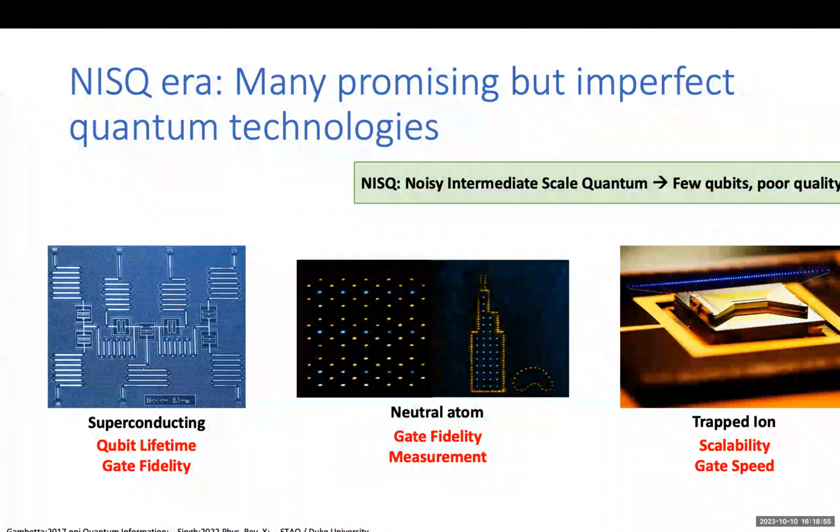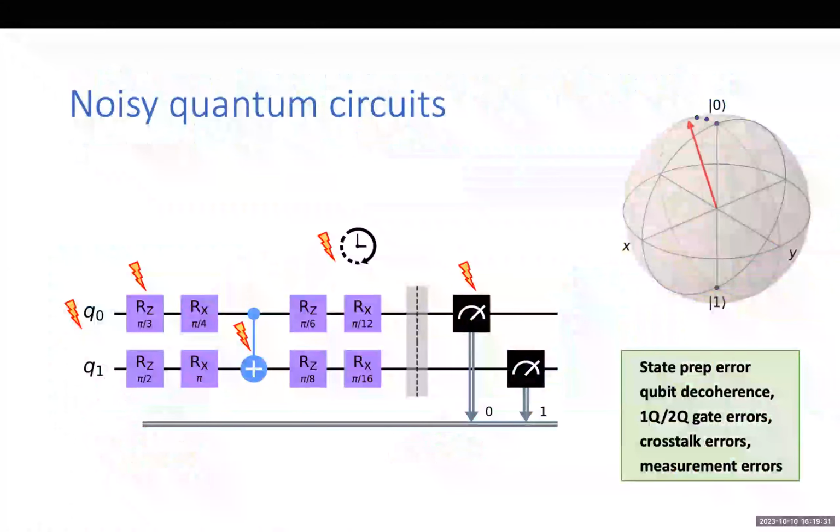The one thing I want to mention is that today these limitations are pretty significant, which is why we are in this regime we call NISQ, or noisy intermediate scale quantum, which basically means we have few qubits and these qubits are of fairly poor quality. Now, these devices will keep improving, but to some extent, these limitations are going to be fundamental. We are never truly going to achieve a fidelity of a qubit similar to the fidelity of a transistor, which means we have to build mechanisms around these qubits so that they're able to work in the presence of these errors. There's a bunch of techniques we can use to do that.